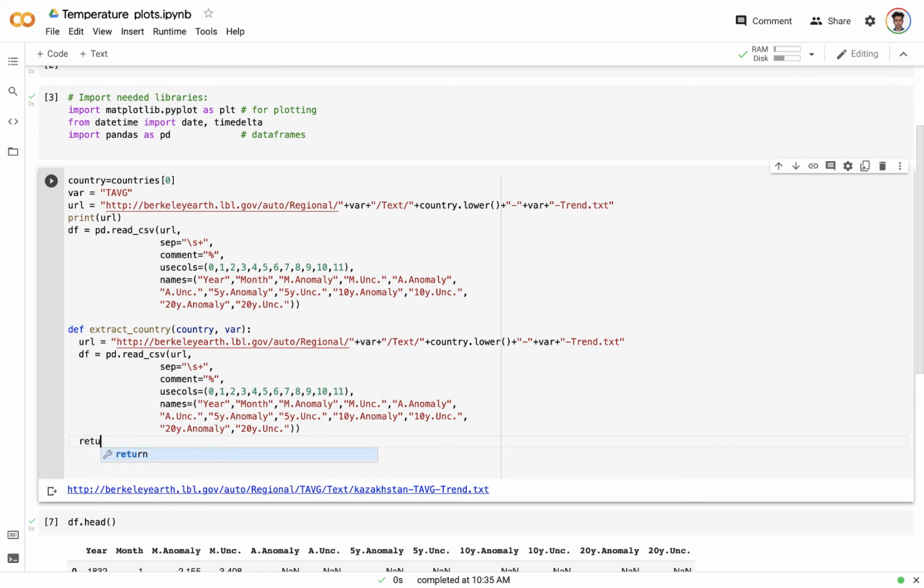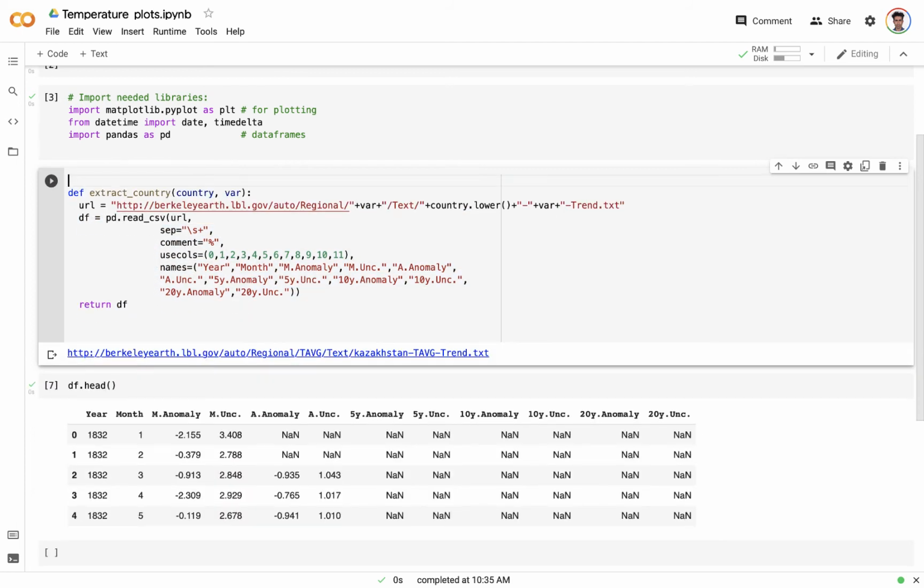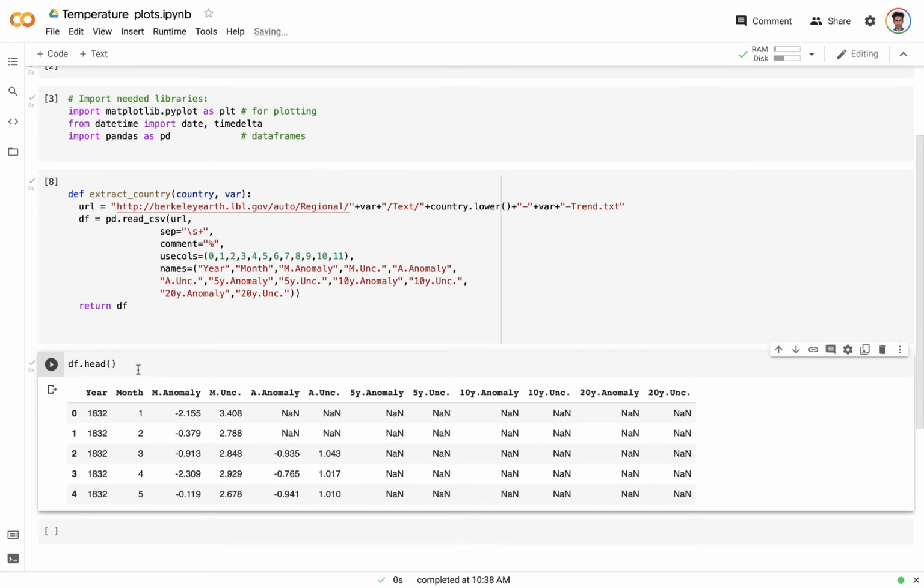And then return df. And I take everything out now. Let's check that. So I run the thing. Now I write extract country. So the country would be, let's write Kazakhstan,